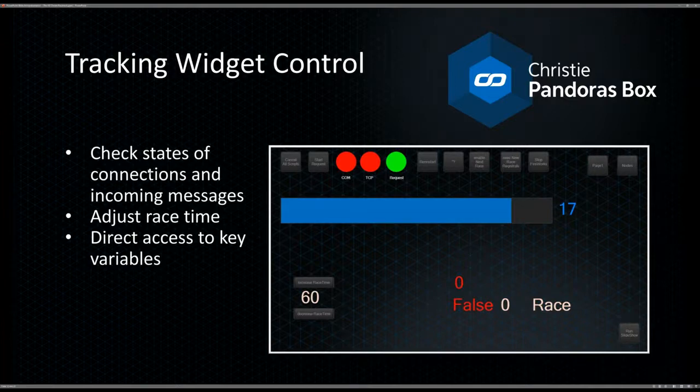So the tracking widget, of course, is doing the tracking, and it's reading the Carrera track, and it's also plugged to the red button and the RFID widget, to change the camera settings. So there were just two pages there. The first page is about checking the key variables. If everything is running okay, we were able to set the race time. We didn't use that though,